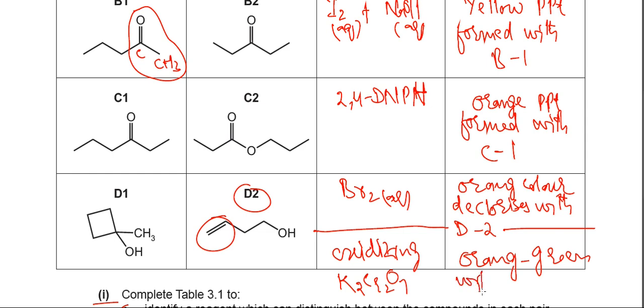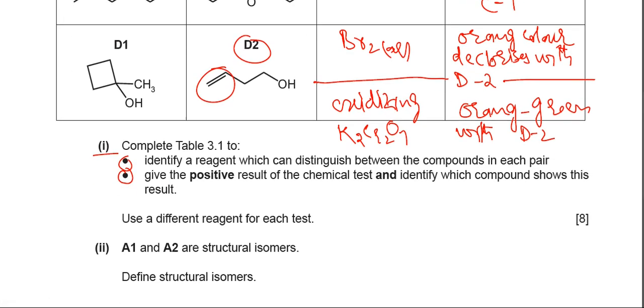from orange to green with D2, but not with D1, because this is a tertiary alcohol and tertiary alcohols will not oxidize any further. So keep that in mind. This part is complete now. Very solid 8 marks. Then in the second part of the same question, he says